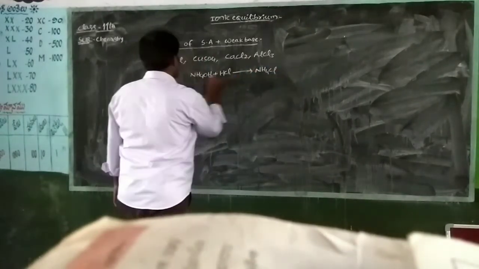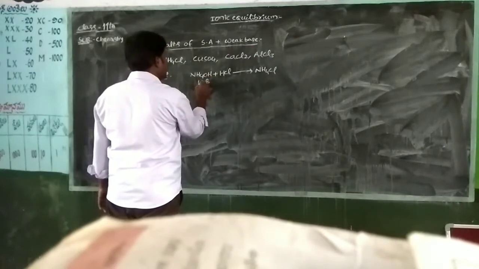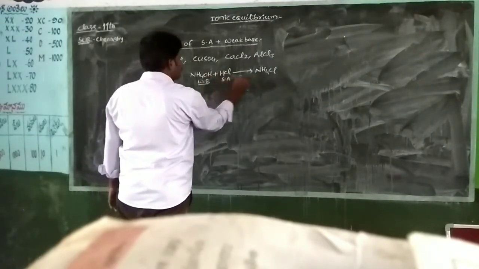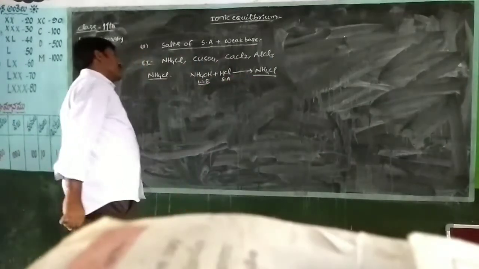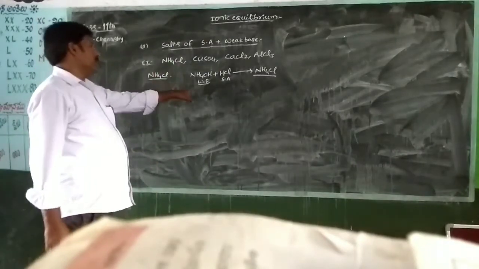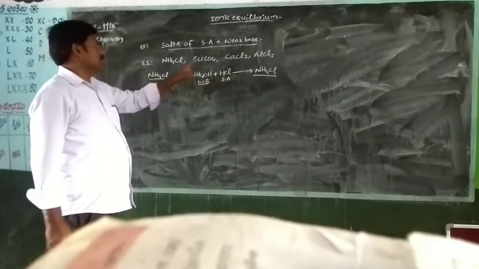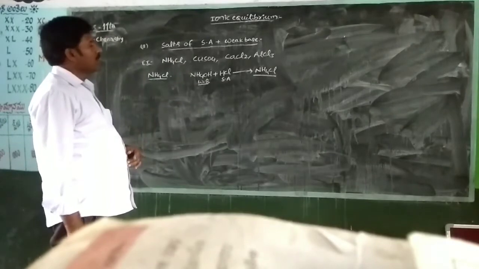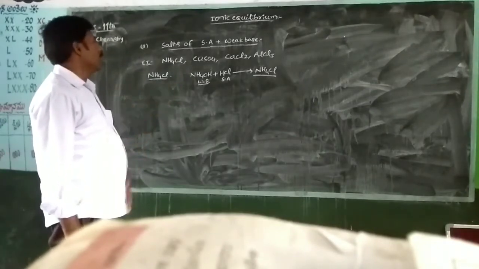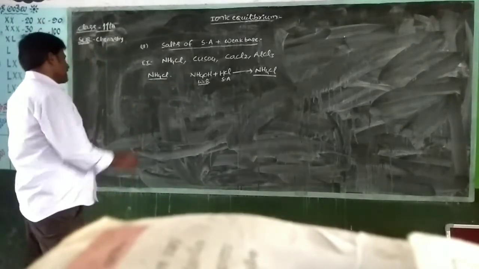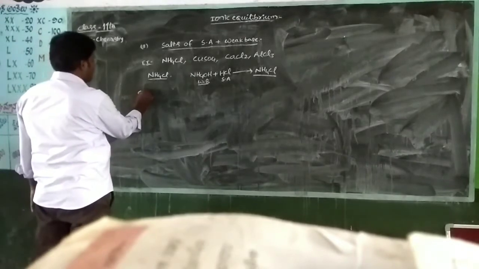This is the weak base, this is the strong acid. To get the ammonium chloride, strong acid plus weak base. Okay, consider the hydrolysis